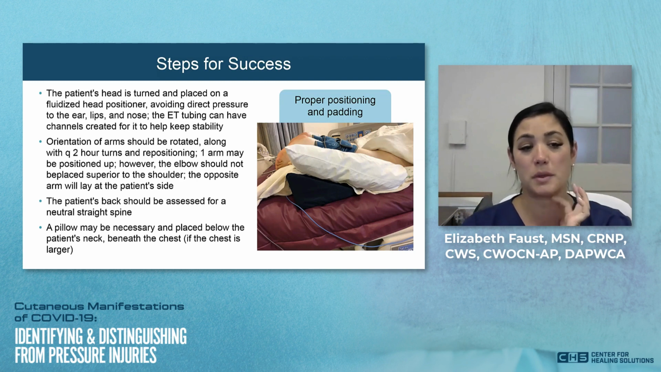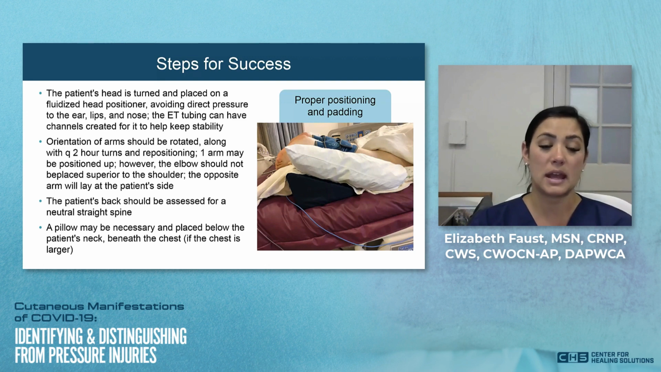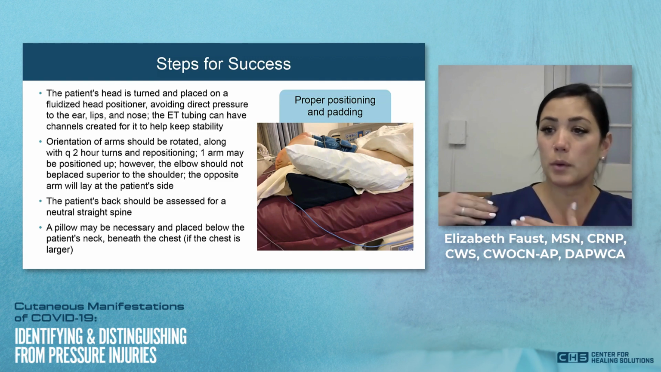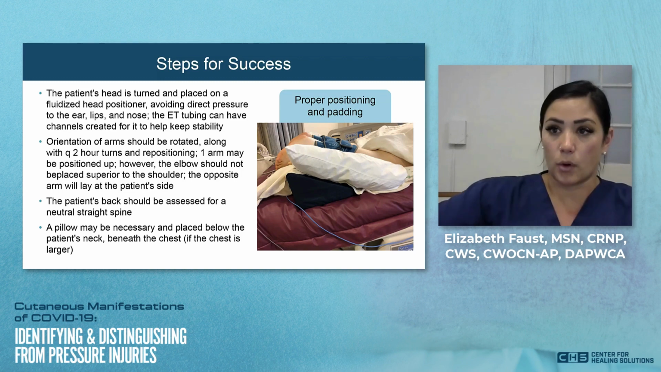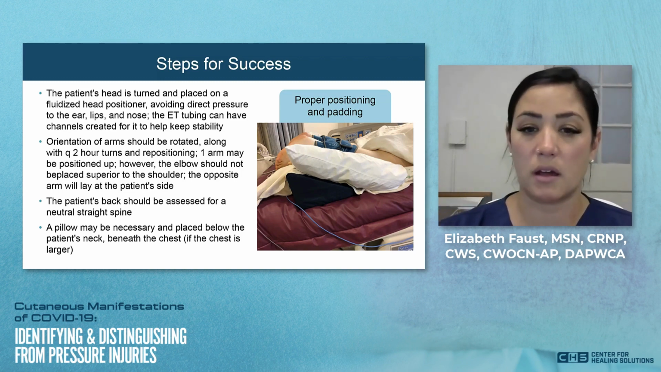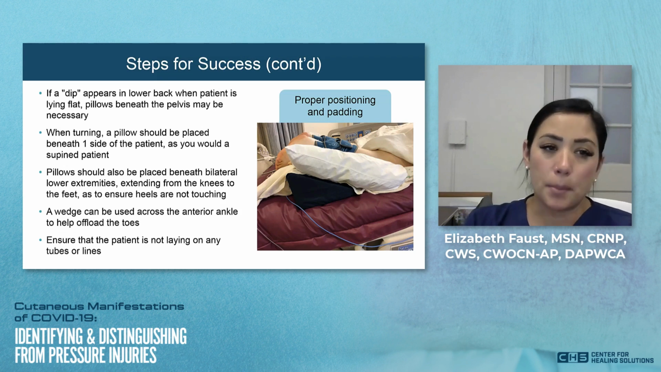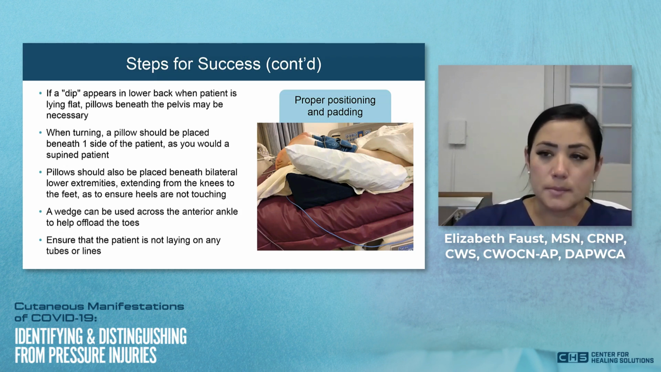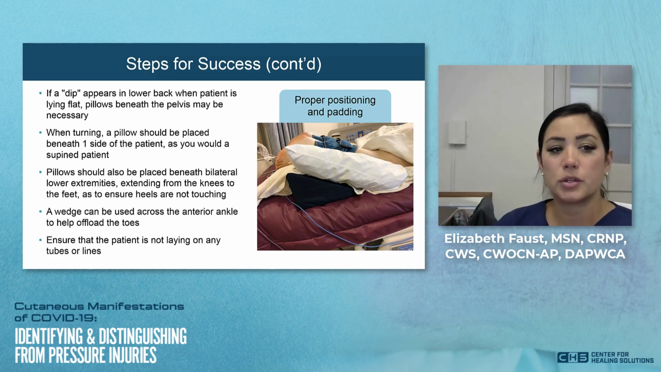The patient's back should be assessed for a neutral spine, and the pillow may be necessary and placed below the patient's neck or underneath the chest if the chest is larger. So we would place additional pillows like underneath the body to help lift off some of the weight of the body itself. If a dip appears in the lower back when the patient is lying flat, pillows beneath the pelvis may be necessary. And when turning, the pillow should be placed